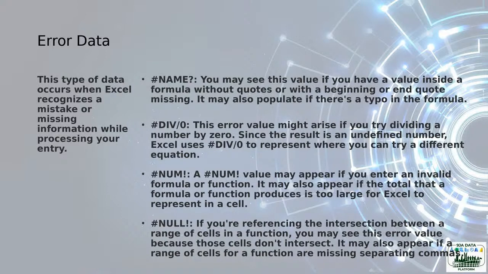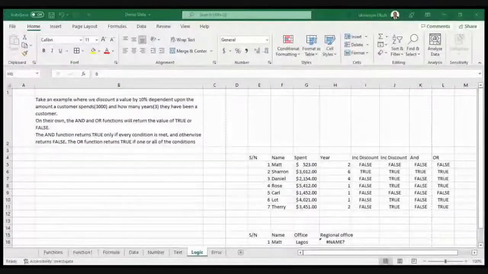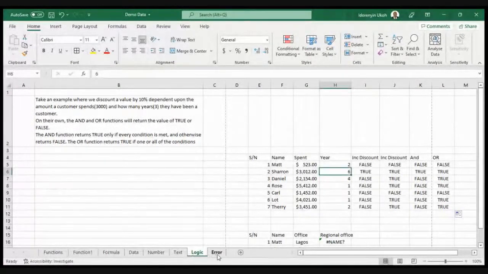So if you miss a delimiter, or for example, in a range, there's no intersection that Excel will be able to understand, it will actually bring the null error because it doesn't understand the range because there's no intersection. So we'll be going to our document to be able to analyze all these functions.